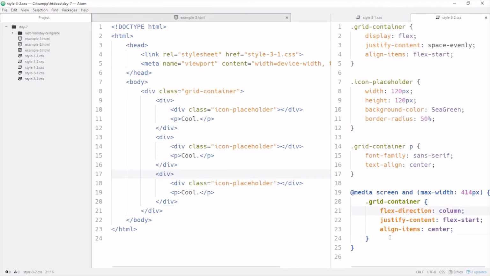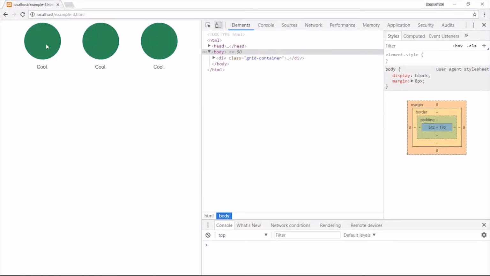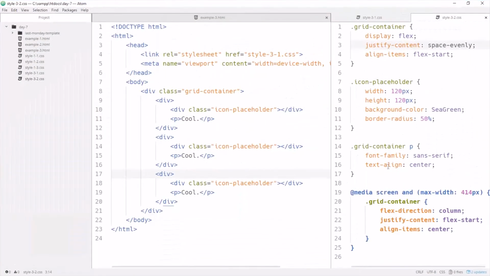Whatever isn't set in this rule, that is set by this one is going to be applied. So we didn't set the display property, so that display property would be this one. Right here we have set the flex direction to column. By default, the flex direction is set to row, and we're going to change this instead to column. So we want these items to, instead of being aligned in a row, be aligned in a column for mobile devices. And we set justify content to flex start,